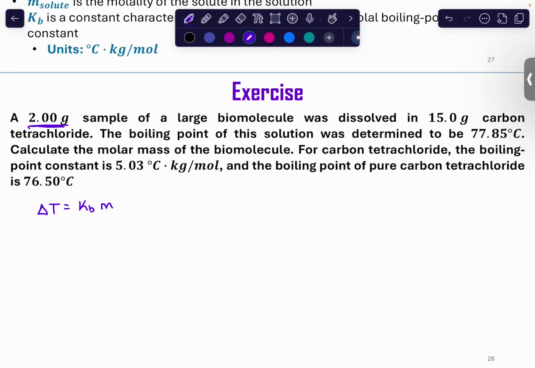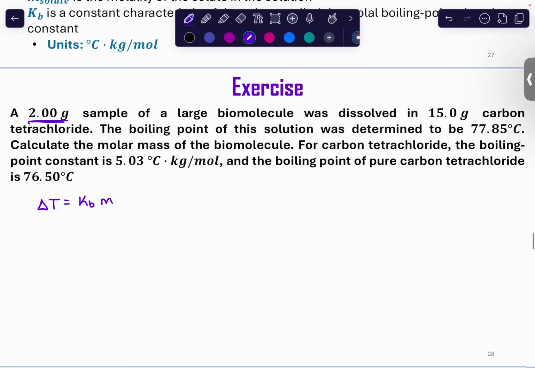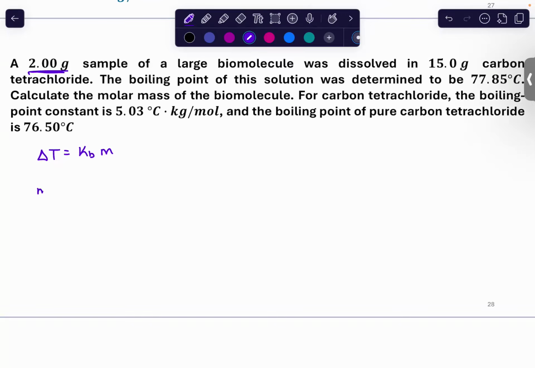So which one of those quantities can I get moles out of? We're going to use that, but just in that equation, which one of those can I use to get moles? A molality. So we're going to rearrange and we're going to say,